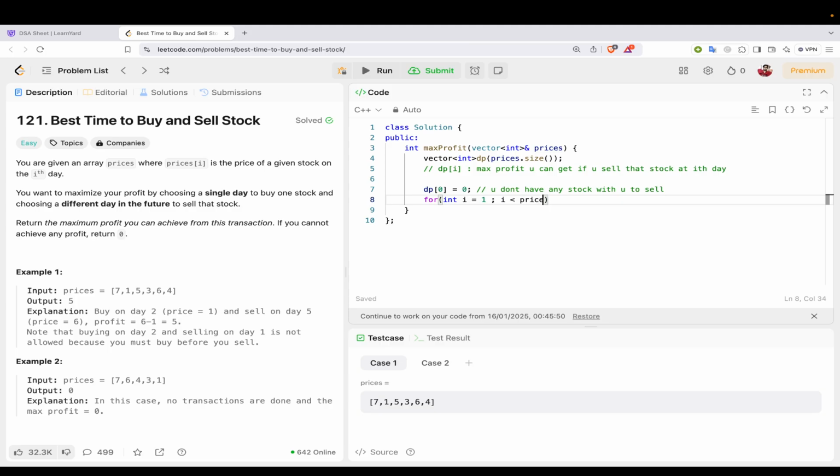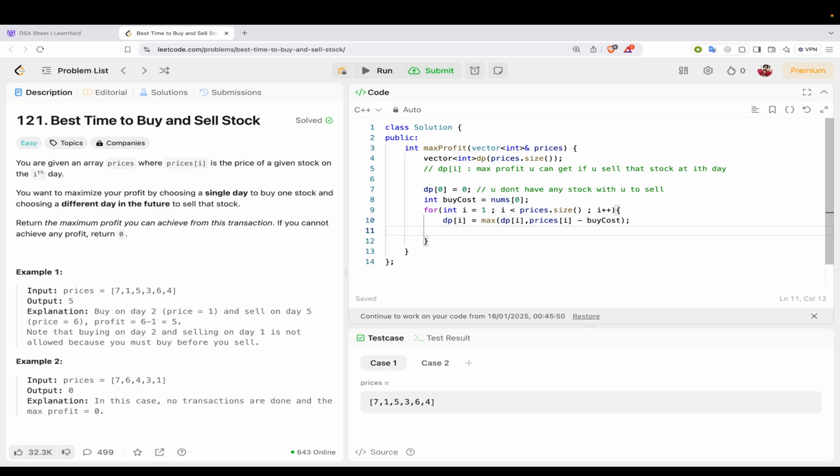नाउ फॉर सेकेंड डे से, जब हम सेकेंड डे पे पहुंचे तो हमारे पास एक स्टॉक हो सकता है, मे बी हम उस स्टॉक को फर्स्ट डे पे खरीदे होंगे। तो हम क्या करेंगे, एक वेरिएबल बनाएंगे इंट बाई कॉस्ट, जो कि बोलेगा तो हमने फर्स्ट डे पे इसको खरीद लिया, तो अब मैं सेकेंड डे पे बेचने जा रहा हूँ, तो डीपी ऑफ आई बोलेगा कि सेकेंड डे पे बेचने का मैक्सिमम प्रॉफिट क्या होगा। तो ये जो डीपी ऑफ आई में वैल्यू है या तो वो होगा, या तो मैं इस दिन बेच रहा हूँ तो ये हमारा सेल प्राइस हो जाएगा। तो प्राइसेस ऑफ आई जो होगा हमारा सेल प्राइस हो गया, और बाइंग प्राइस क्या होगा, तो जो हमारा बाई कॉस्ट में वैल्यू है वो बाई कॉस्ट होगा।